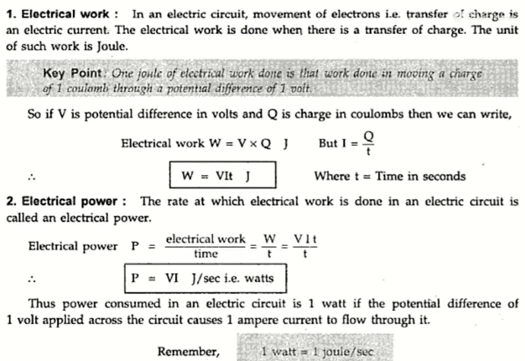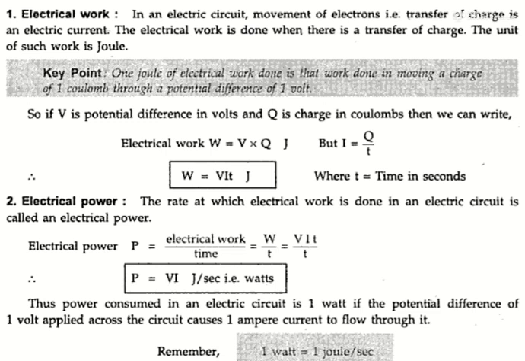I repeat myself, the electrical work. What do we mean by electrical work? Roughly, work is the ability to do work, and it needs energy. If you're talking about the electric circuit, then there must be a movement of electrons which we call current. So with the transfer of charge in an electric circuit, work is done. When we say work is done, that itself means there is a transfer of charge, and this is measured with the electrical quantity called electric work, which is expressed with letter W and has unit joule.